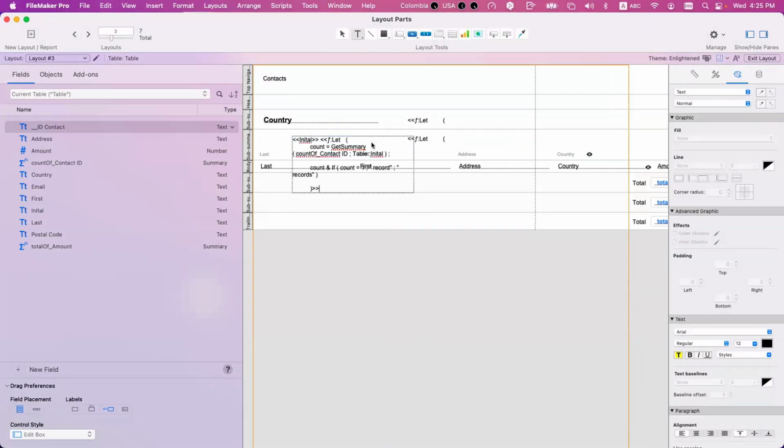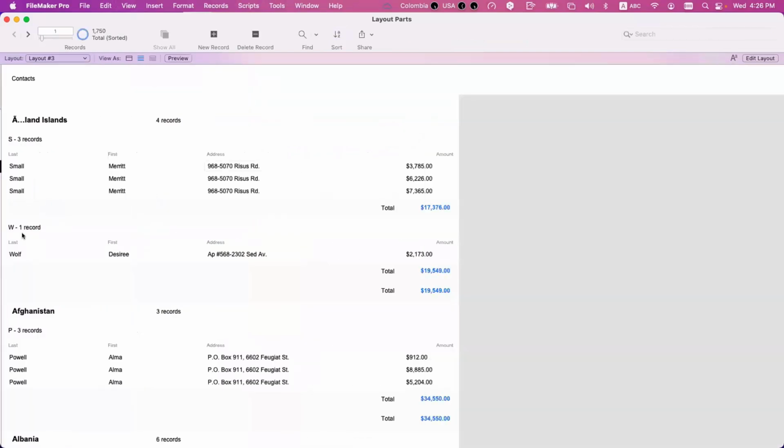You can do that. So instead of having this, I have this now. But you can combine,